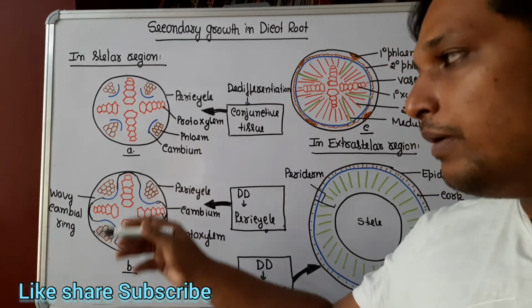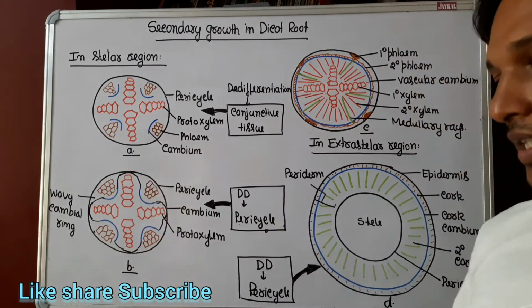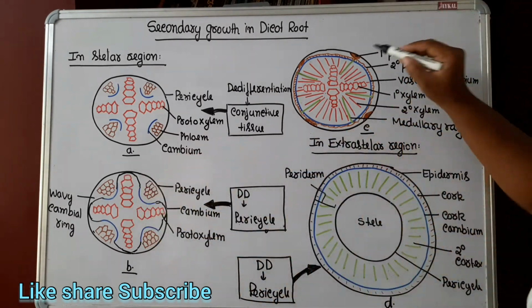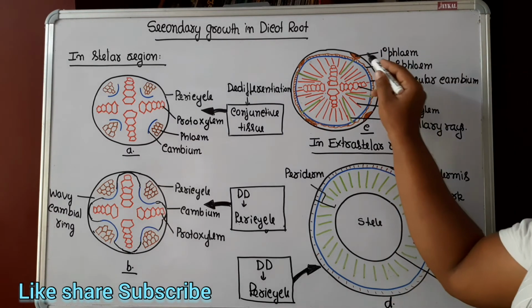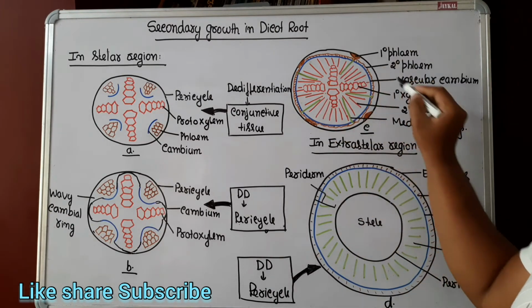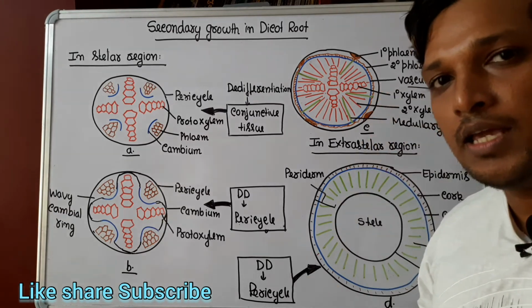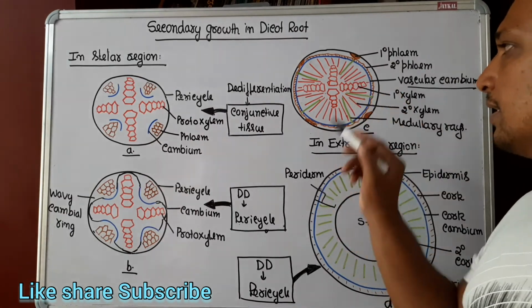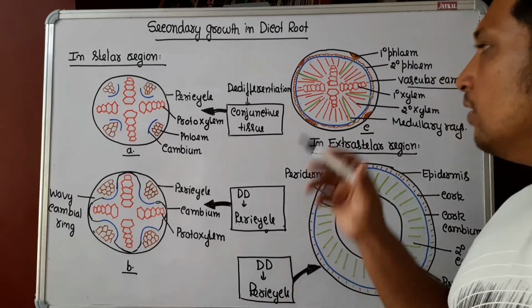Now as the cambial ring adds on new cells because of dedifferentiation, it will push the phloem towards the periphery. Look at here, this is a phloem which is being pushed to the periphery. It is nothing but primary phloem, and a continuous ring is formed, that is nothing but vascular cambium. Now cells of vascular cambium undergo periclinal division. They cut off cells towards the inner side, where usually they add 8 to 10 times more cells towards the